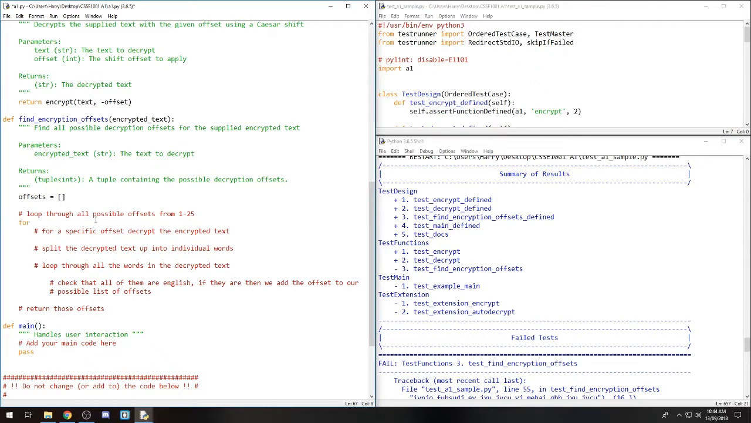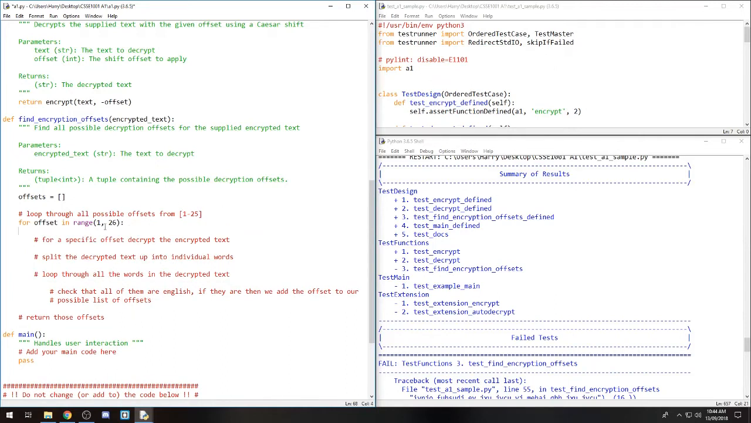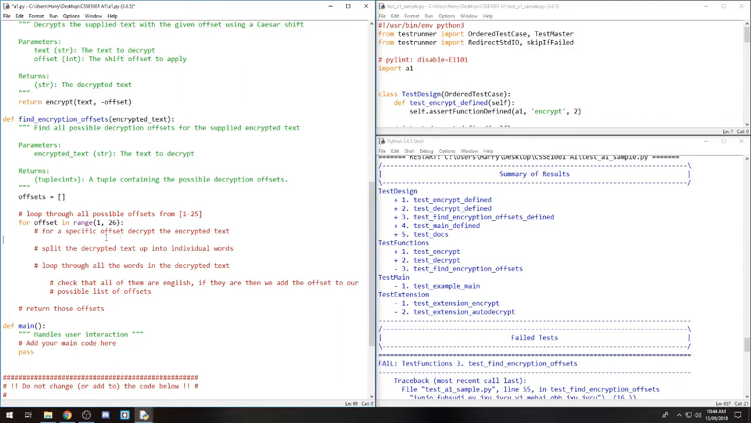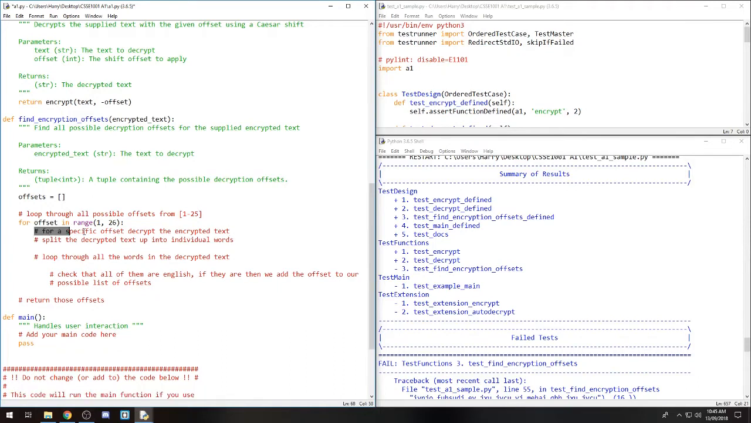We can just say, and actually let's go to 26 here, because we want it to be 1 and including 25. So for offset in range 1 to 26, we want to decrypt the encrypted text, right? Actually, I can do these two sections, this comment and this comment, in one line: decrypt the encrypted text, and then split that up into individual words, right? So I can say words is equal to,